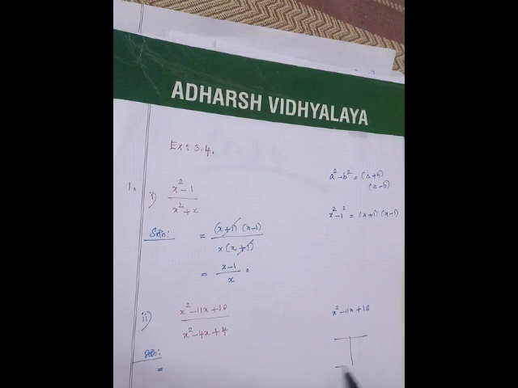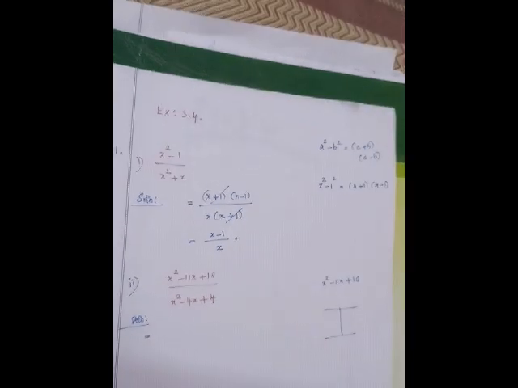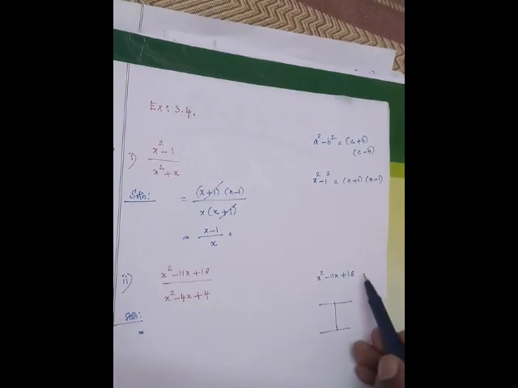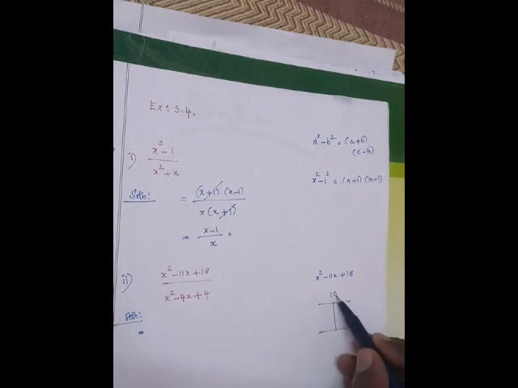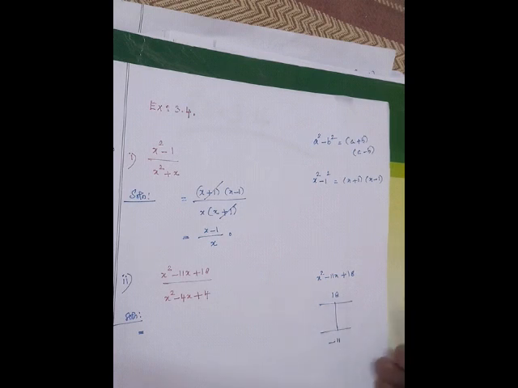Using this I division method, I told you, try to remember that concept. This 18, in this quadratic polynomial, is the constant term. I write the constant term here and the coefficient of x here. This constant term will be the product of any two numbers, and this minus 11 is the sum of the same two numbers.